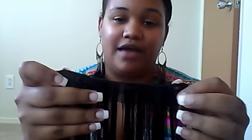But the hair also comes with an invisible part. Now my issue with this invisible part closure piece is the fact that it's so thick. I mean, sorry y'all, my nail broke. But it's really thick and it's really short. If you wanted to use this as a closure piece, it's really short. I wouldn't use it as a closure piece. I would just either do a natural part, if you're natural, then mixing it with this synthetic hair,